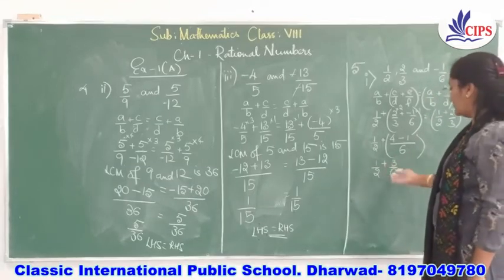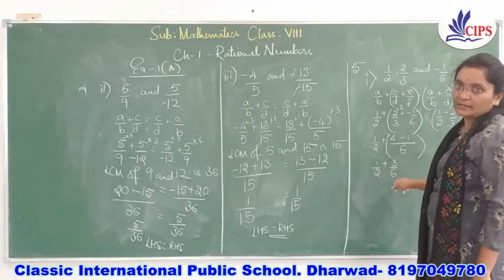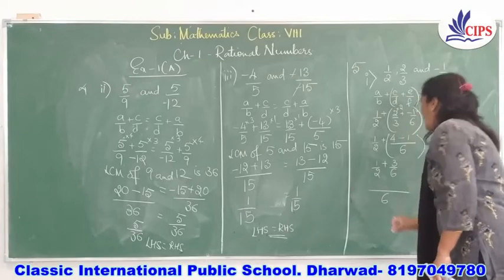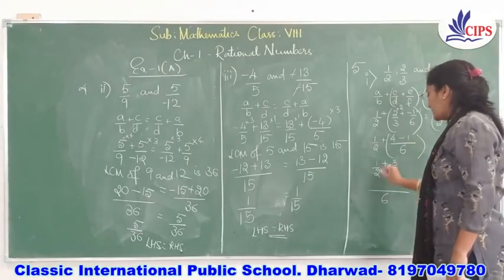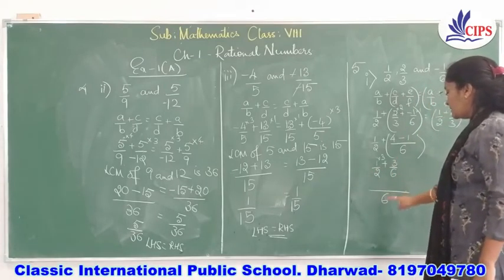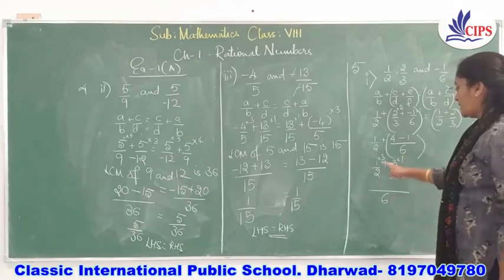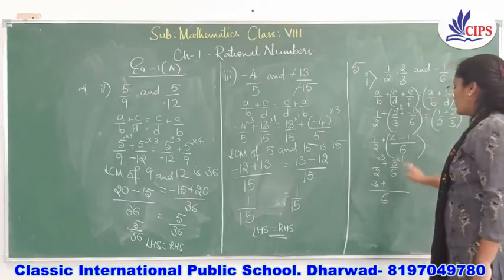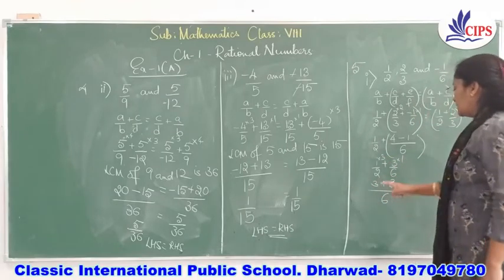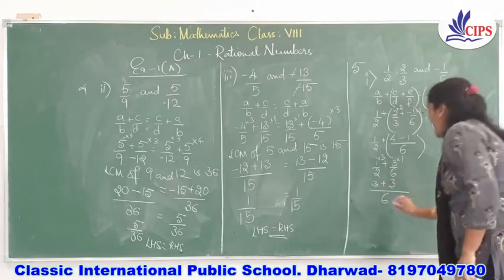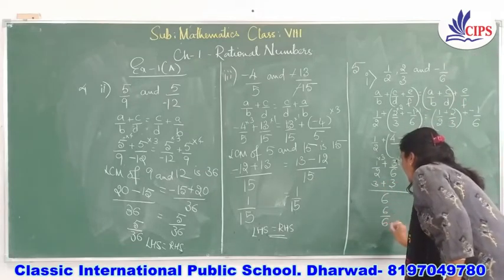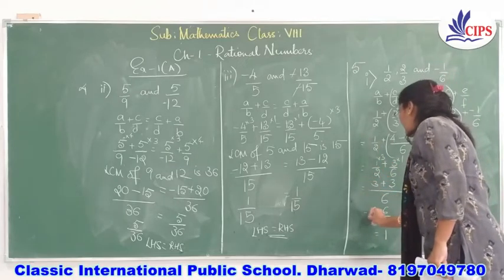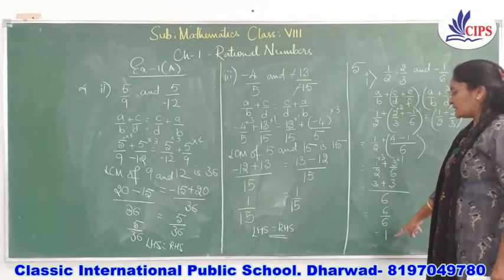Okay, we have got it till here. Further we'll solve it. So again we have to find the LCM of 2 and 6. What's the LCM of 2 and 6? LCM of 2 and 6 is 6. So I'll write it directly. 2 what is 6? 2 3s are, and 6 1s is 6. I'll write 1 here. So we'll multiply here. What is 1 into 3? 3, plus 3 into 1 is 3 again. So what is 3 + 3? It is 6. So 6/6 is equal to 1. So we have got 1 as the answer on LHS.